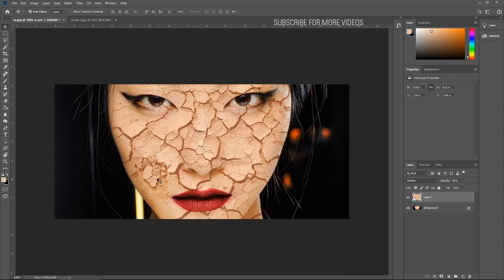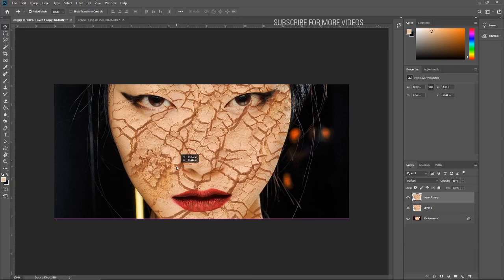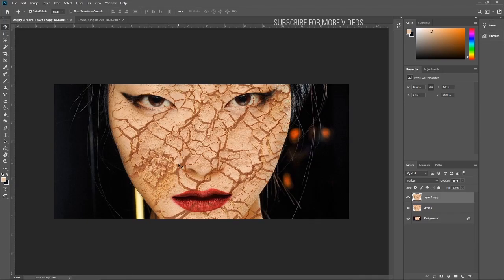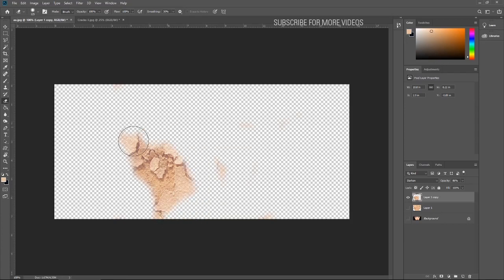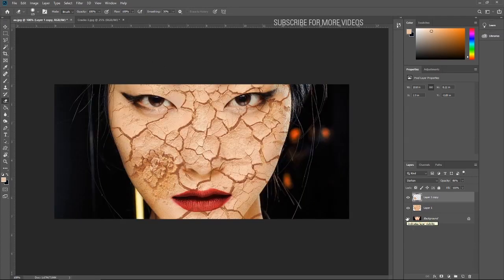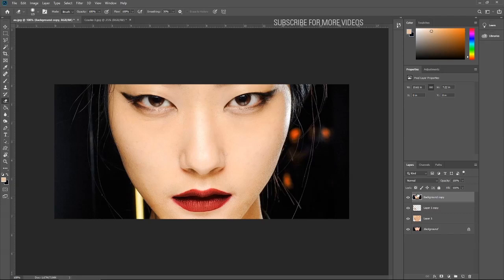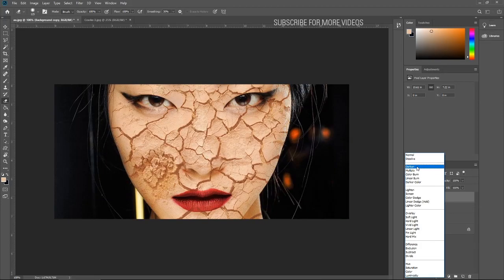So I want to increase this effect a little bit. Let me clone this layer, move it a little bit here and remove all the other parts. Yes, I want to make it more prominent. Yeah, I guess yes. Just clone this layer, bring it up and make it